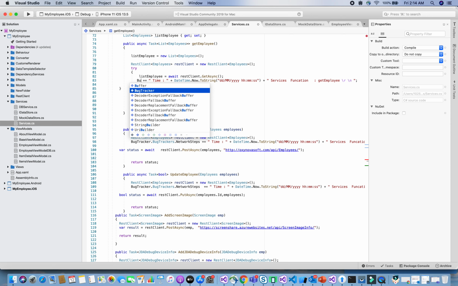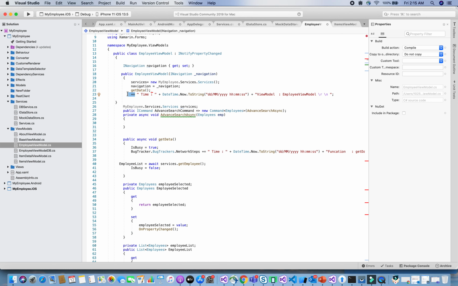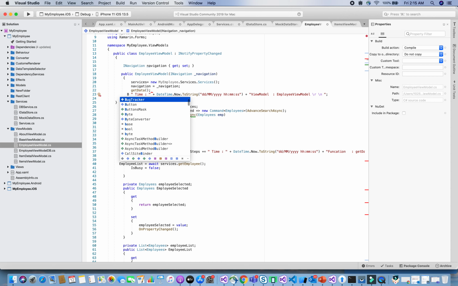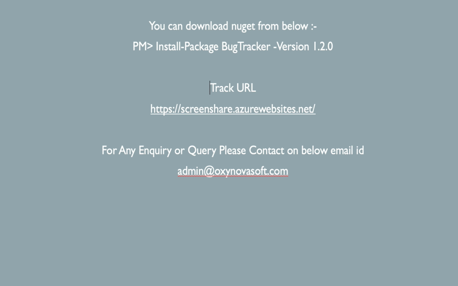Now I'm going to choose what information I want to track. If I want to track some network path, I have to put in these network steps. I'm putting in some network steps, and the same thing happens there. This application is very easy. I can put the network steps and other steps there.